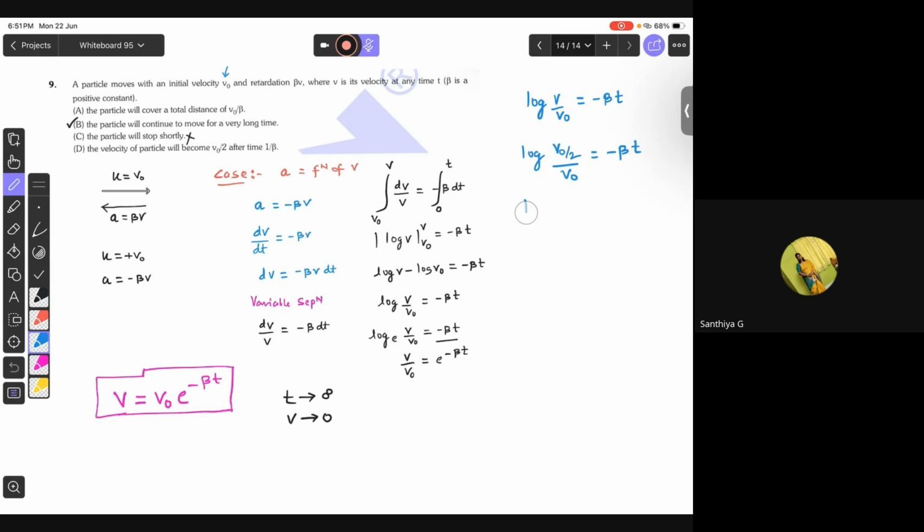So it is going to be log 1 by 2, that is minus of beta t. Correct. So log 1 by 2 is same as log 1 minus log 2. That is equal to minus of beta into t. Log 1 is 0. So minus log 2 equals minus of